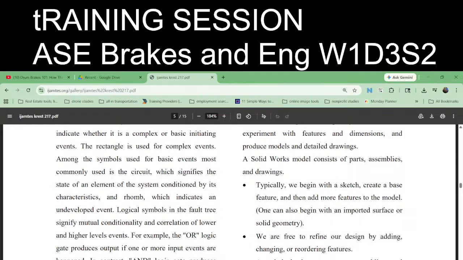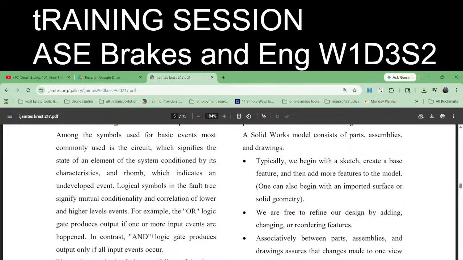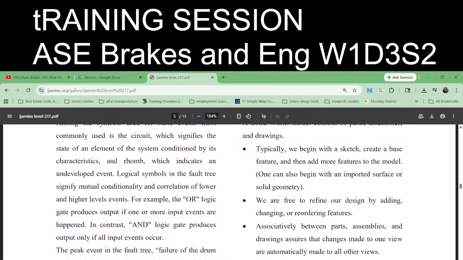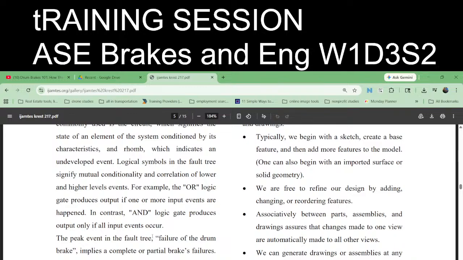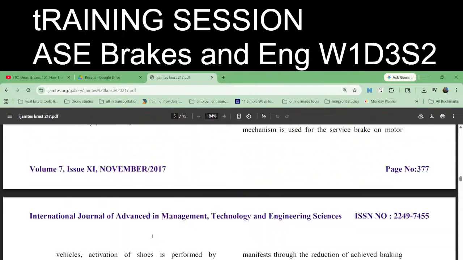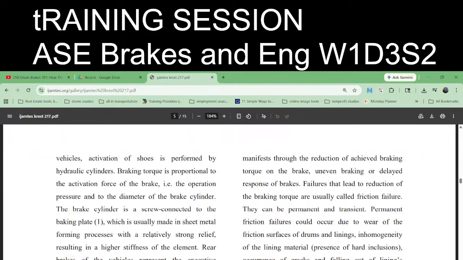Fault tree. Failure of defining the peak event in a mode of drum work cannot be achieved. The operating characteristic cannot be achieved. The operating characteristic is uneven break. These are usually called friction failures. Could occur in